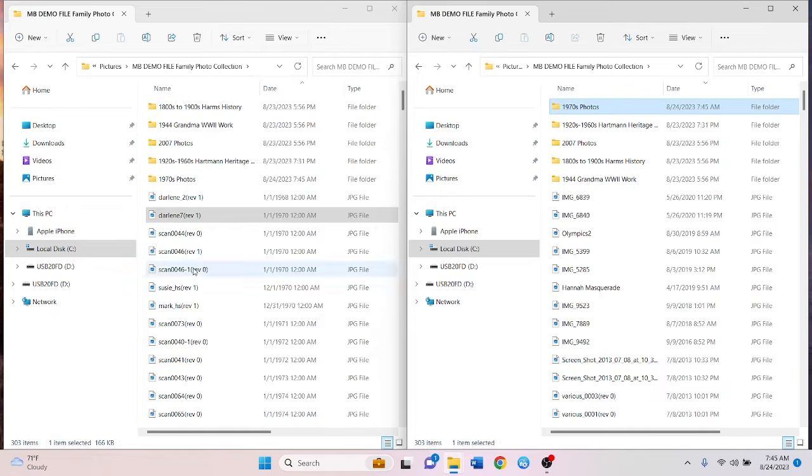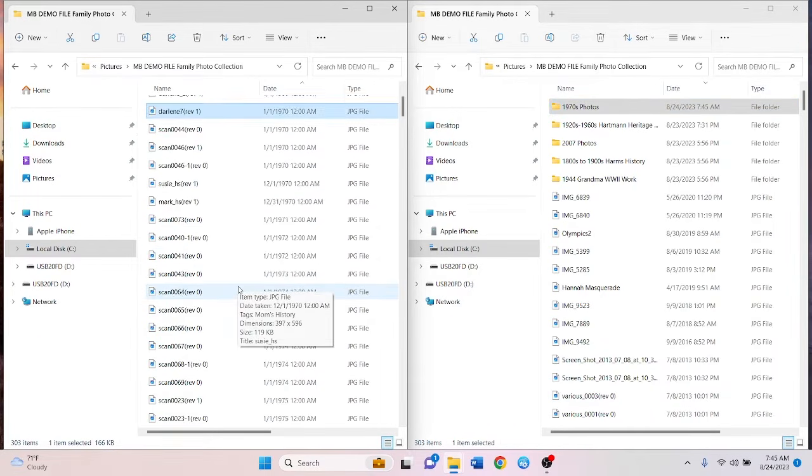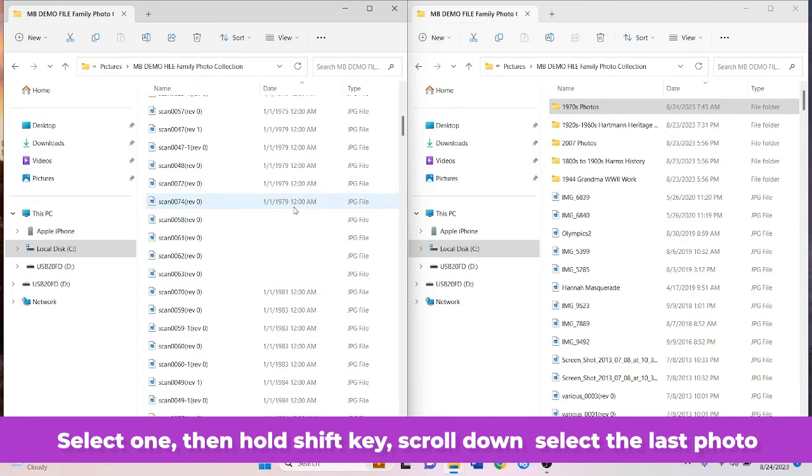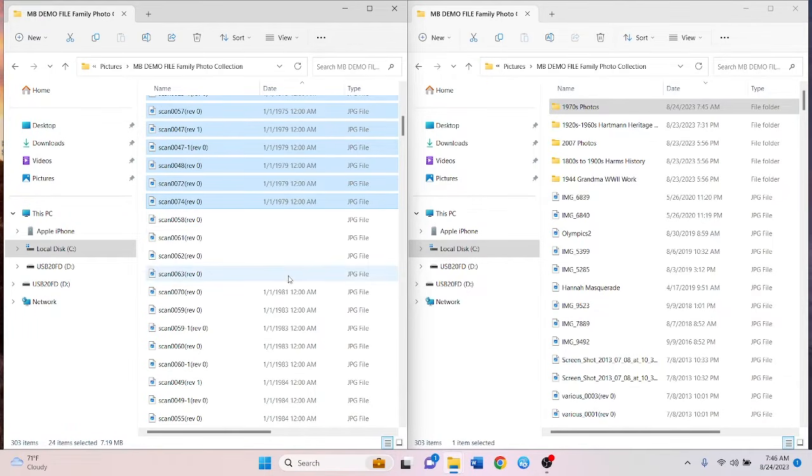You make your folder over here, and then you go on the left side and you find all your pictures that you want to move there. And I have one selected, and I'm going to hold the Shift key down and select the last picture that I want selected. So now I have 24 photos. I don't know why these 4 don't have a date, but I'm going to take these 24 photos